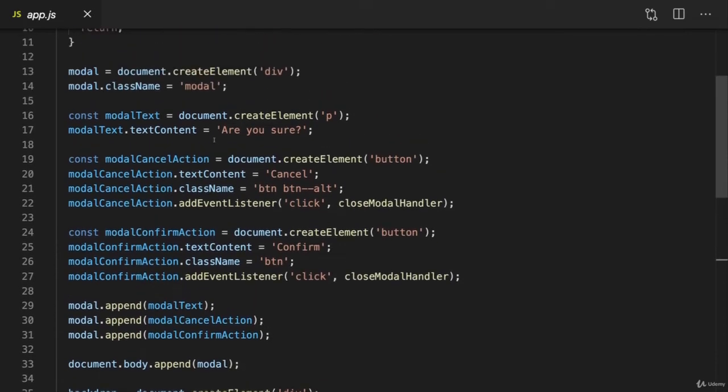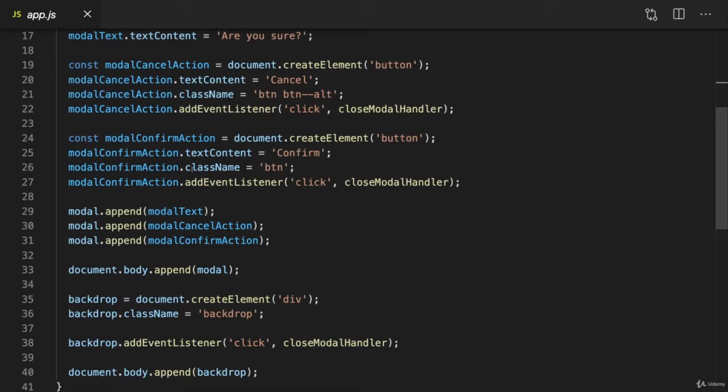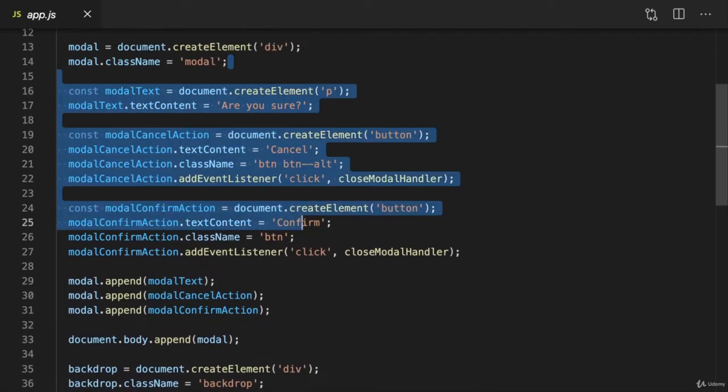And then still in the show modal handler function, I got some code that combines all